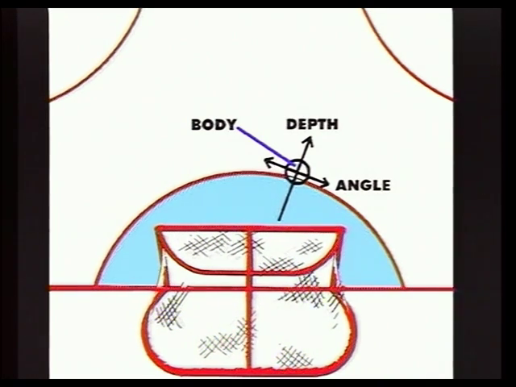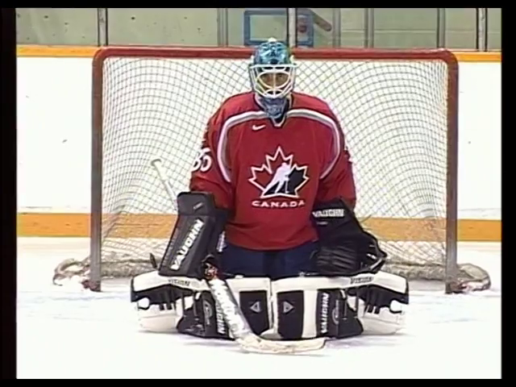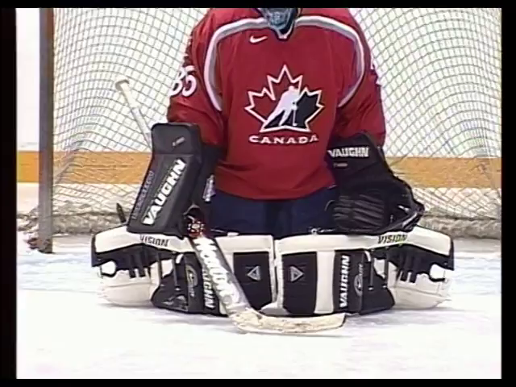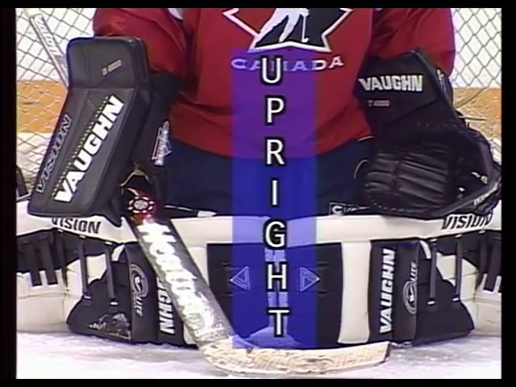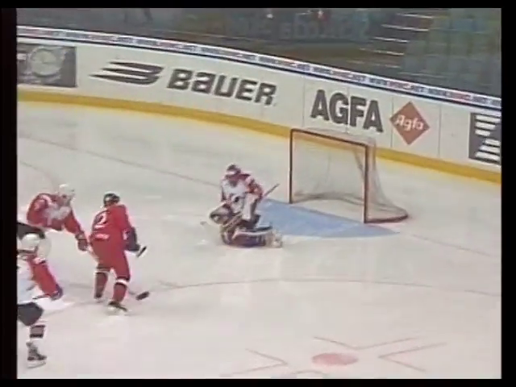Before doing so, a down position also has a depth, angle, and body component. Therefore, in some ways, it's no different than the optimal up position. The goalie should seek to achieve all of these positional attributes at all times. The down body should possess the following vital ingredients: compactness, width, uprightness. Building a correct down position begins with the notion of compactness. This is because a puck should never penetrate